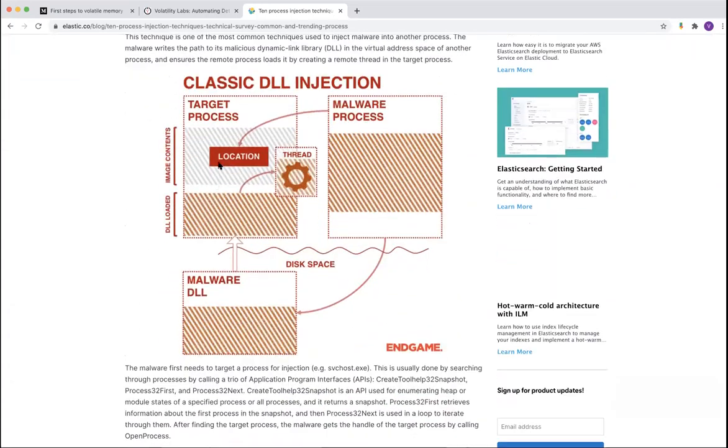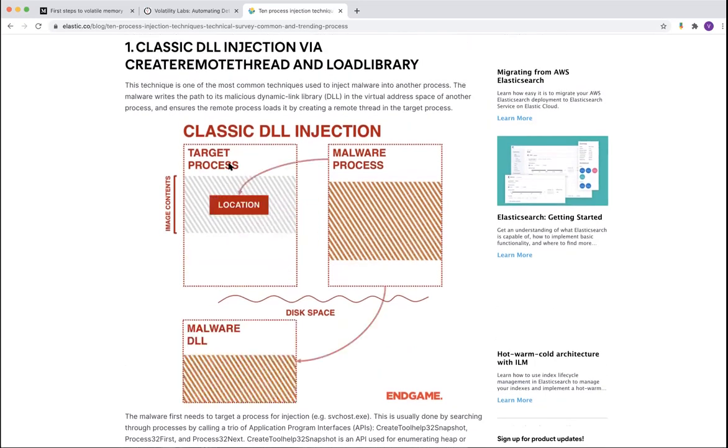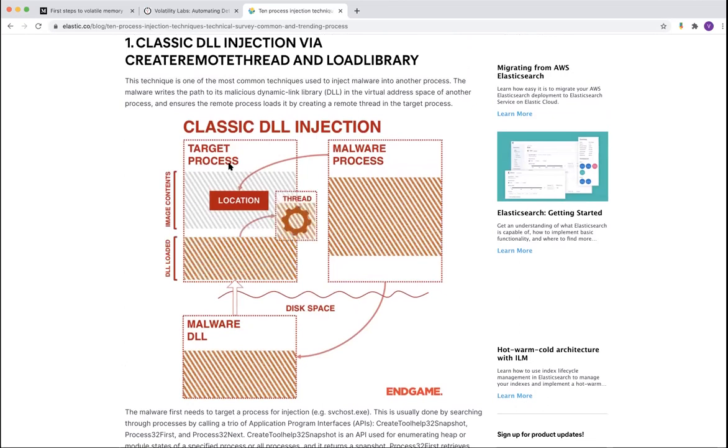So the first technique, if you see, is that there's a malware process, and what it does is it has a malicious DLL. Suppose the target process is notepad.exe. It will inject the malicious DLL inside this notepad.exe, using some kind of functions, and this notepad will be running that malicious DLL file. It will be turning into a malware. Nowadays, almost 80% of the time you will see process injection happen by any malware.